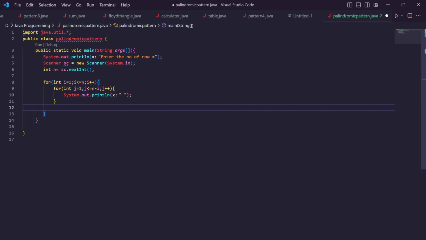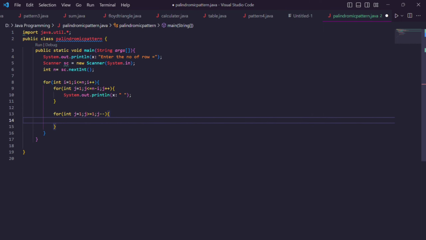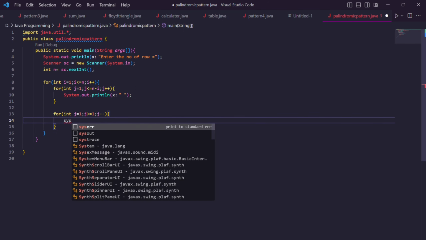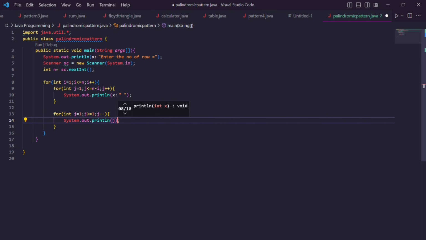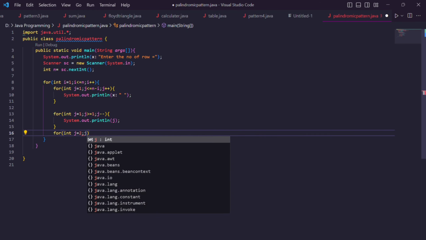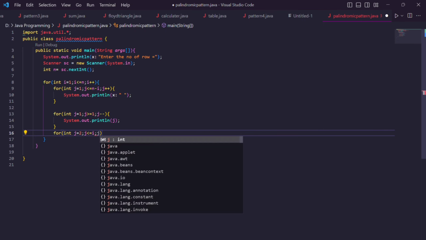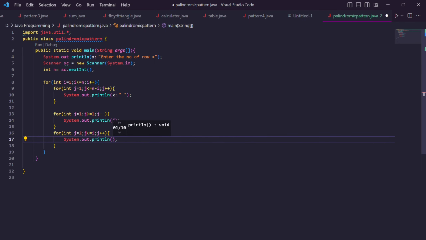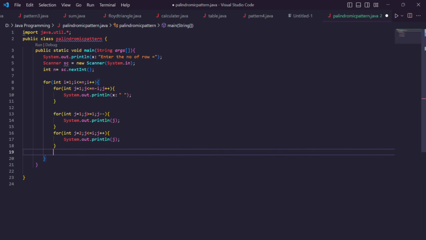System.out.println, first we are printing the space and then we are printing the numbers 1 2 3 4 like that. And then first we are creating the inner loop, for int j equals something, and then we are printing the number j, and then we create another loop. The other side, the right hand side, will increment 2 3 4 like that, and then we are printing j, and in the next line